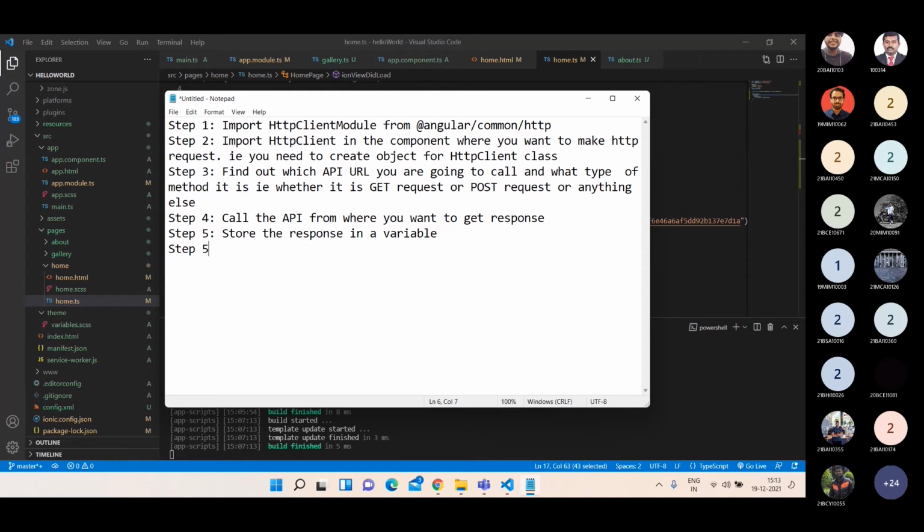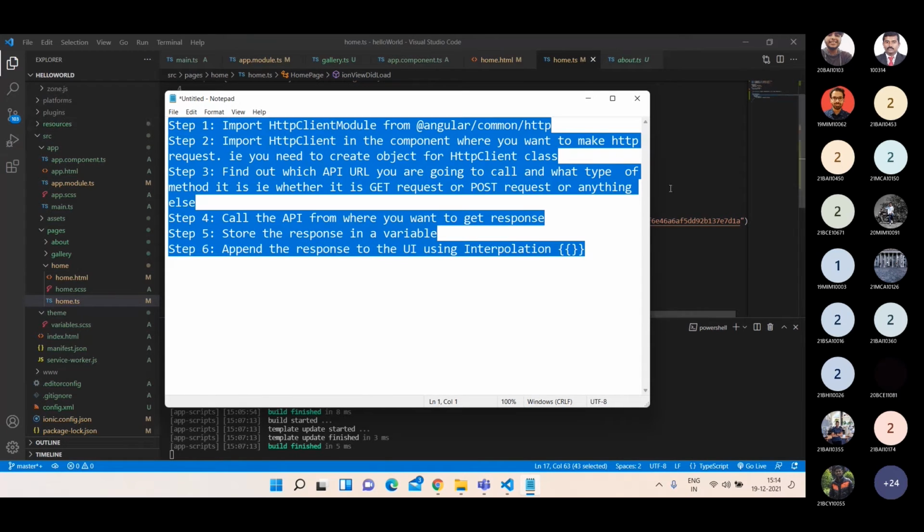And step 6, append the response to the UI using interpolation. That means double curly braces. So these are all the 6 steps you have to follow for connecting your application with the server.